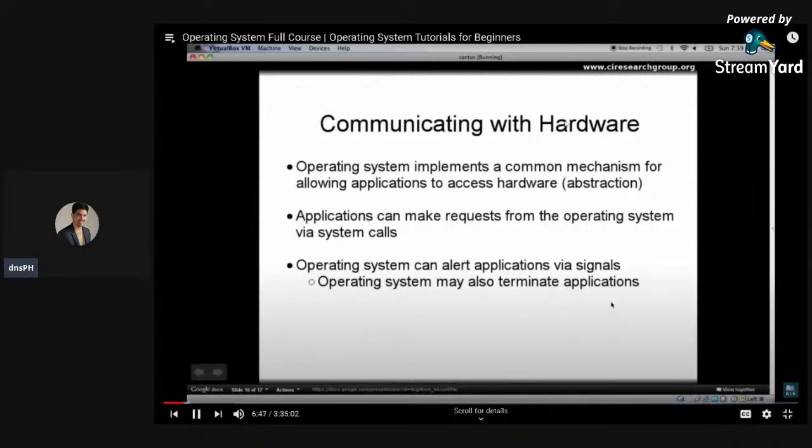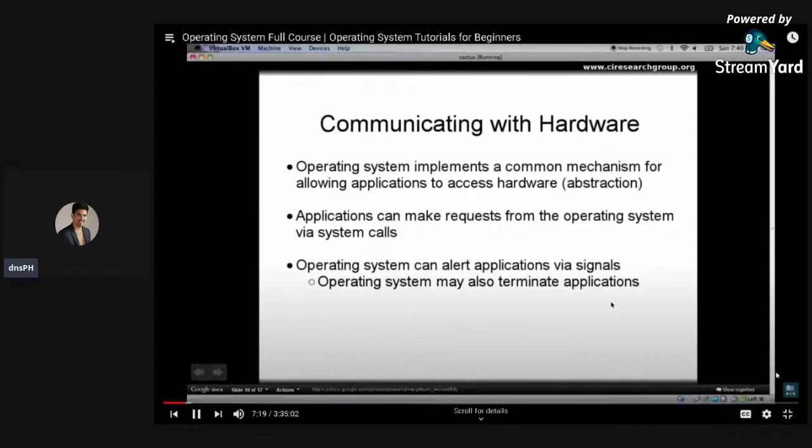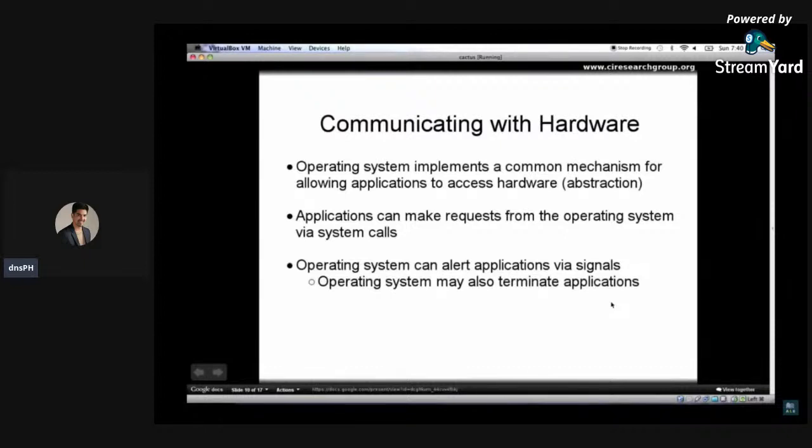Now, operating systems implement a common mechanism for allowing applications to access the hardware, which is abstraction. And the applications make requests from the operating system to go and access the hardware or other features by making system calls down into the operating system. This is called entering the operating system, or entering the kernel from the top path. Operating systems are also able to alert applications that hardware has changed. Perhaps a network packet has come in. Perhaps the user has pressed a key on the keyboard. These alerts